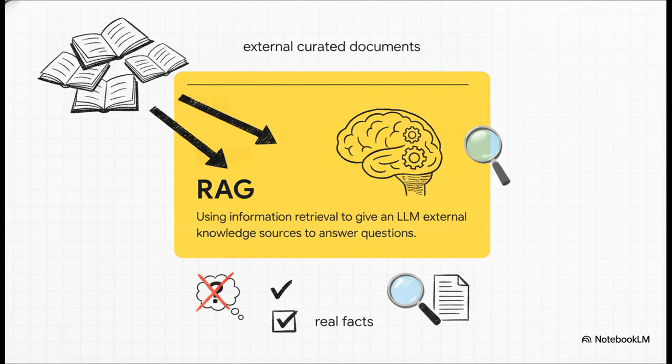Obviously, we cannot have AI just guessing in high-stakes situations. The fix for this is a real game changer called Retrieval Augmented Generation, or RAG for short. Instead of forcing the AI to rely purely on its static frozen memory, RAG uses information retrieval techniques to pull in external, carefully curated documents that are actually likely to contain the answer. Then we essentially hand those documents over to the language model and say, hey, generate your answer based only on this text. This stops the AI from hallucinating, it grounds its answers in real-world facts, and best of all, it lets you, the user, actually check the source documents to verify the AI's homework. Plus, it completely solves those proprietary data and static knowledge problems we just talked about.